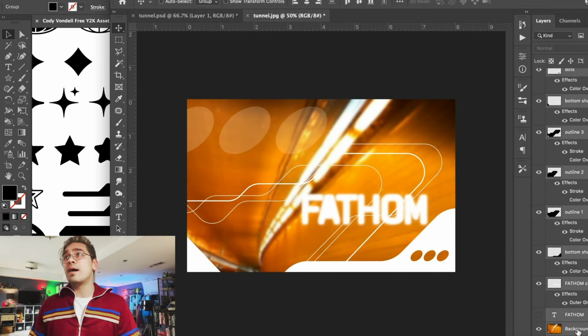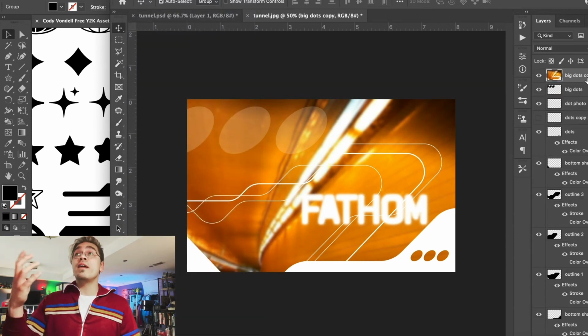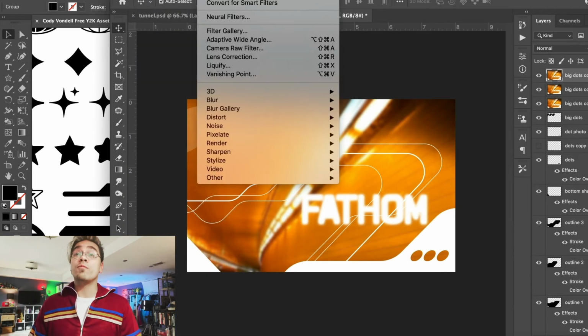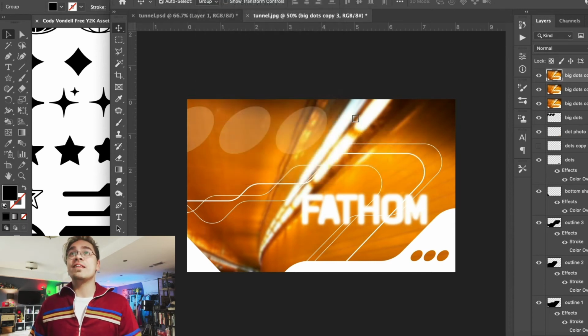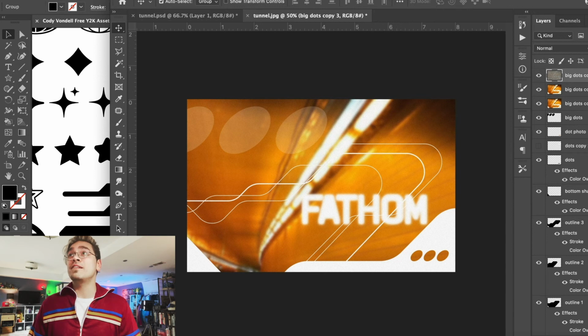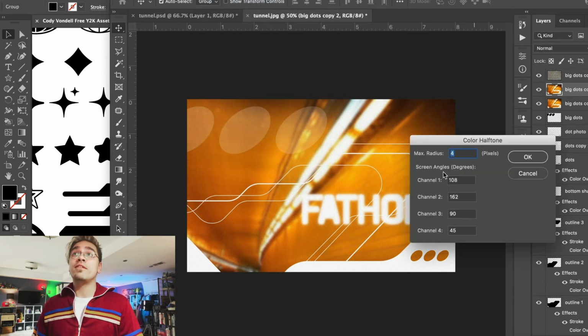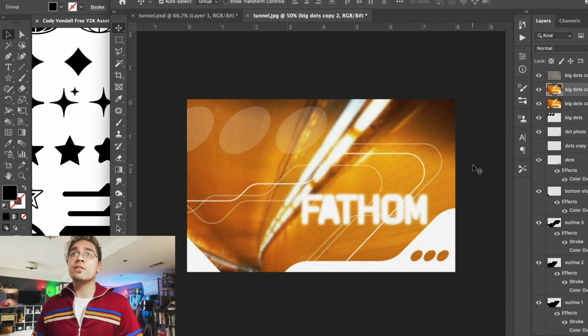So what we'll do is we'll copy all of our layers and we'll merge, well, we'll copy them and then we'll merge all those copies and we'll make copies of those copies. And with each of those, the first one we'll add noise and we'll turn it down to like 9%. The second one we're going to add a color halftone at like 4, max radius of 4, and we'll turn